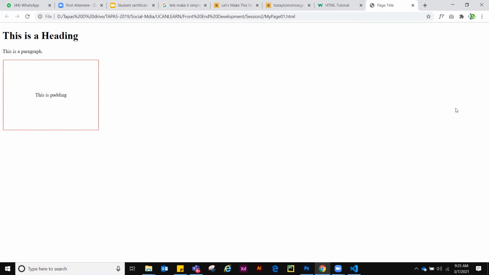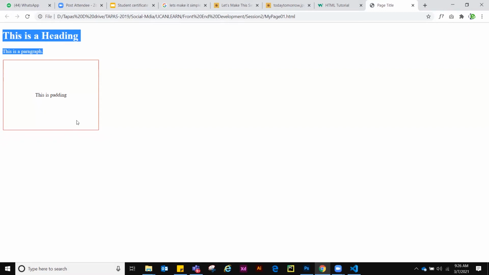Okay, so to understand that, let me ask you a simple question: if I move my mouse like this, what is this called? Width, right? If I move my mouse from left to right, horizontally, this is called width. We generally call it the width of a page, width of a box. And when I move my mouse vertically, we call it height, right? Height of a box, height of a page, height of a room, height of a wall, right? So the same concept applies over here also.